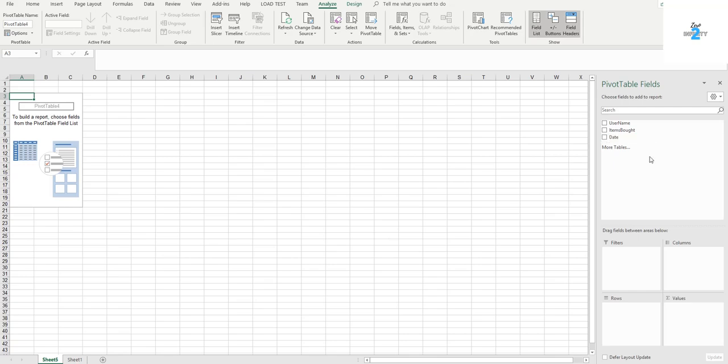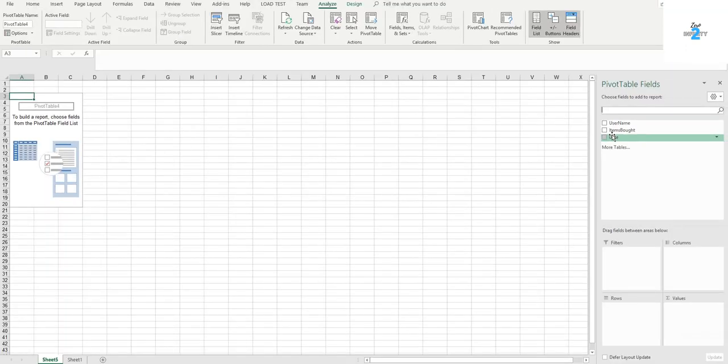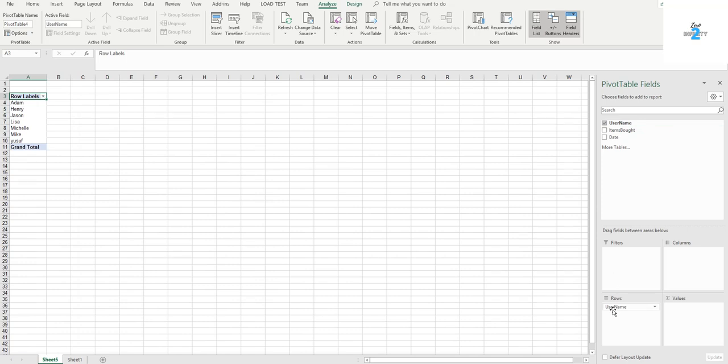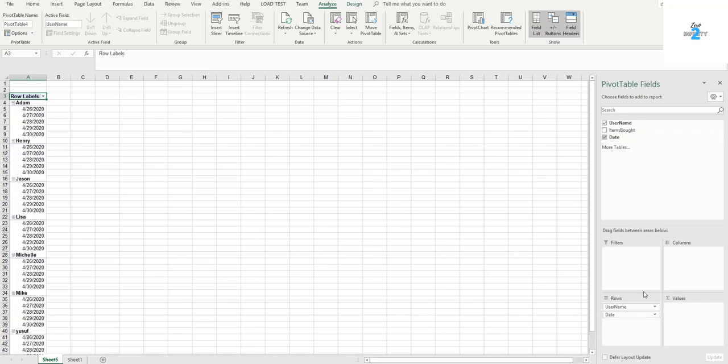So here on the right side you can see all the columns populated, right? If you select the username, it comes by default in the rows. You can change this. I will show you how we can move the username here and there. And you can see on the left side all the users came. Okay, and it's in the rows section. Now if I select the date, both are under the rows, so that's why it's here.